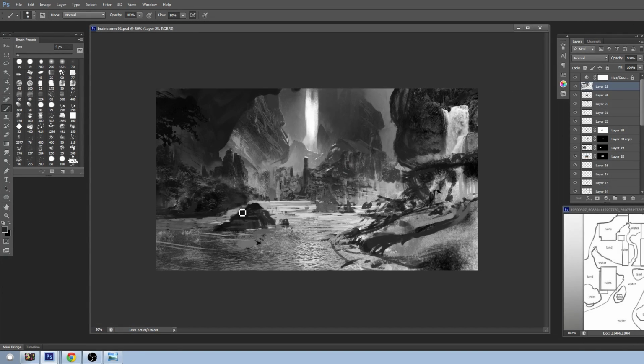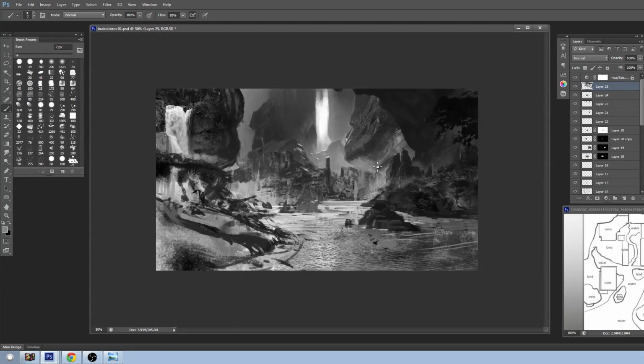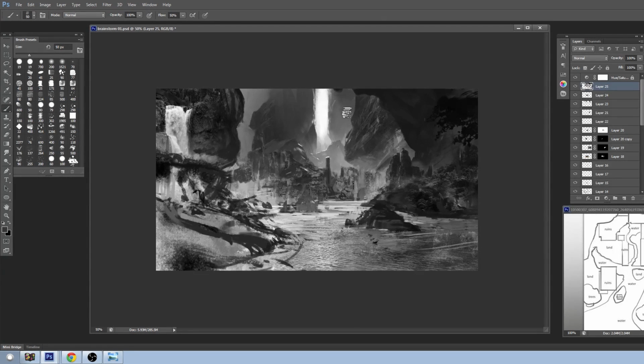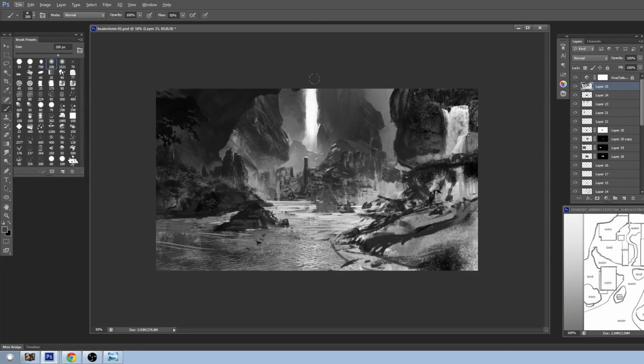So I'm not quite sure what I'm doing with this island in the center. Again, this is to do with the scale issues I was talking about earlier. There was a weird disconnect between the shore on the right, which feels quite close to you, and that rocky bit in the center. It's hard to tell how big that is. I think eventually I actually get rid of it altogether,